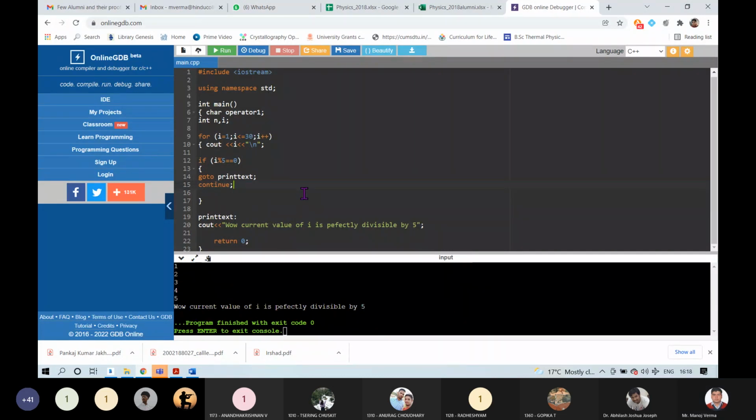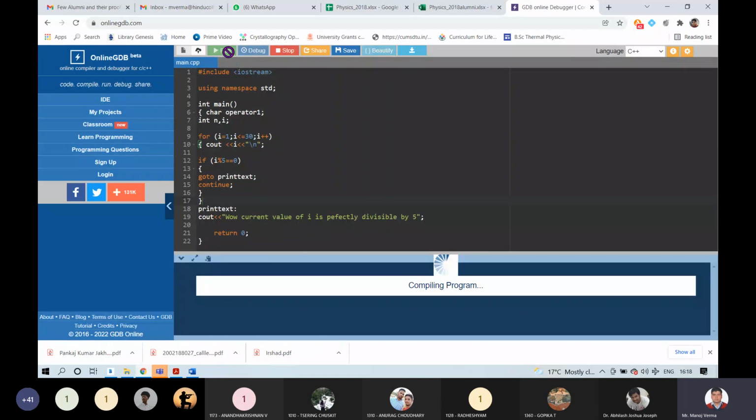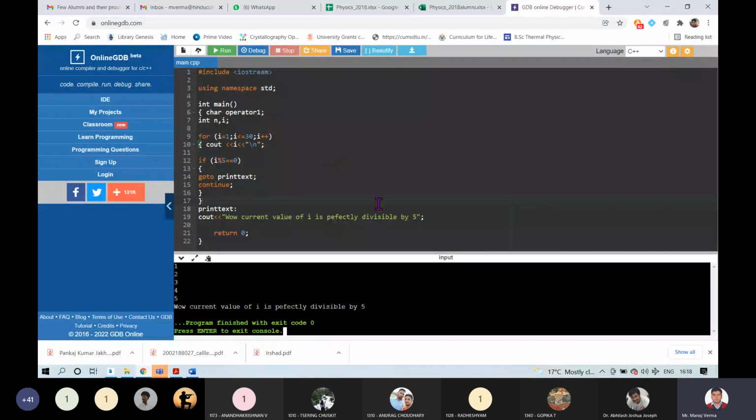Will it work if this continue and print text, and this will be your end of for loop? So if I run this, no, it is still not going back to this. After line 19, it is not going back to the for loop. It is just returning 0 and it is coming outside the for loop. Okay, that you have to see.